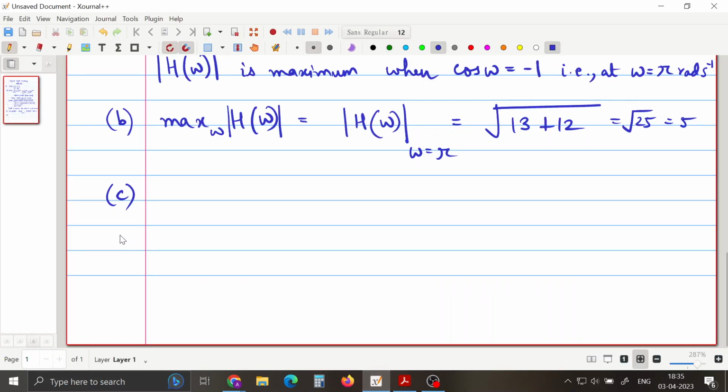So how do we actually check that? For that we should be aware of the condition for linear phase, right? So what is the condition for linear phase? If you recall,